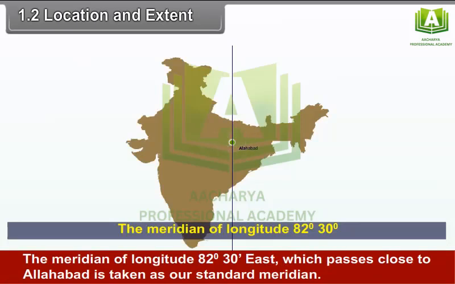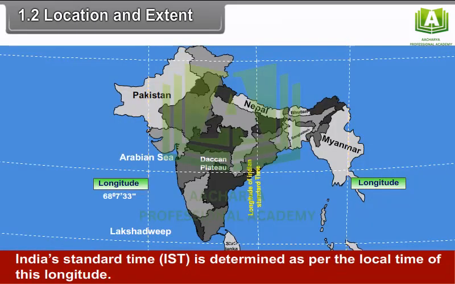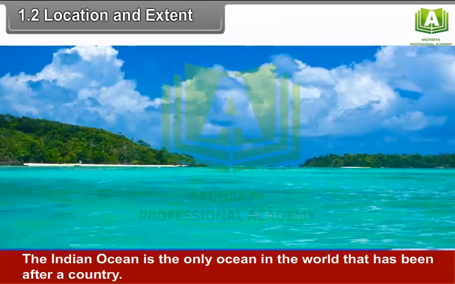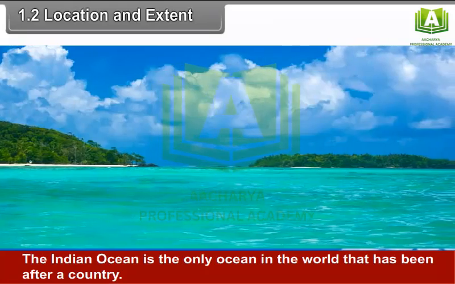The meridian of longitude 82 degrees 30 minutes east, which passes close to Allahabad, is taken as a standard meridian. India Standard Time (IST) is determined as per the local time of this longitude. The Indian Ocean is the only ocean in the world that has